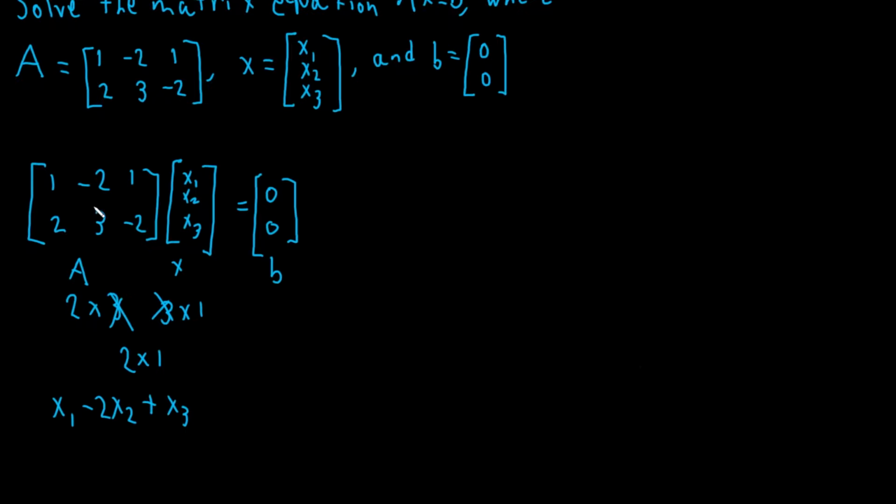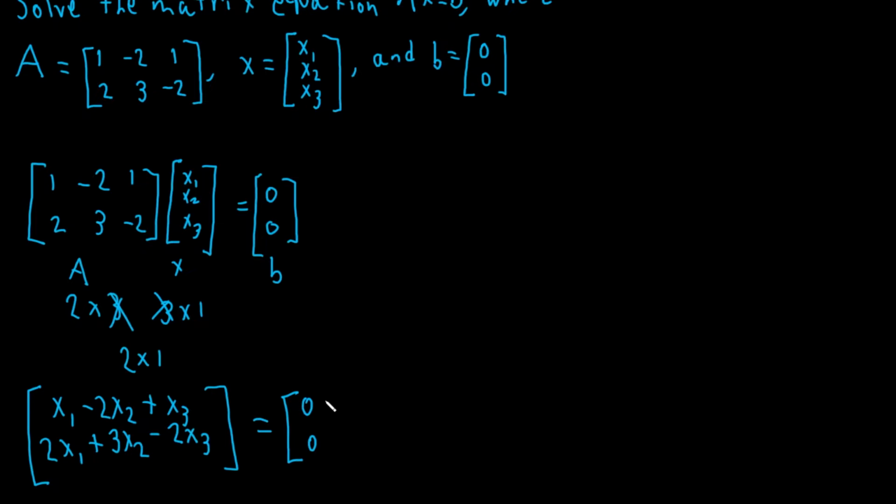Now we can multiply row 2 by column 1 to get the second row of the resulting matrix. It's only going to have one column, as we can see from the size right here. So it's going to be 2x1, because we multiply the first entry of the second row by the first entry of the column, plus the second entry of the second row by the second entry of the column, so 3x2, minus the third entry of the second row by the third entry in the column, minus 2x3. So this is the resulting matrix of our matrix multiplication, and this is going to equal